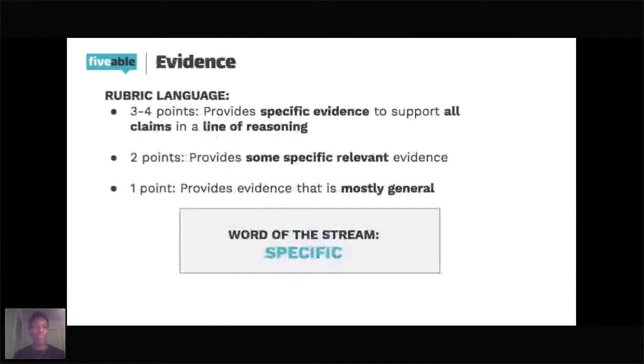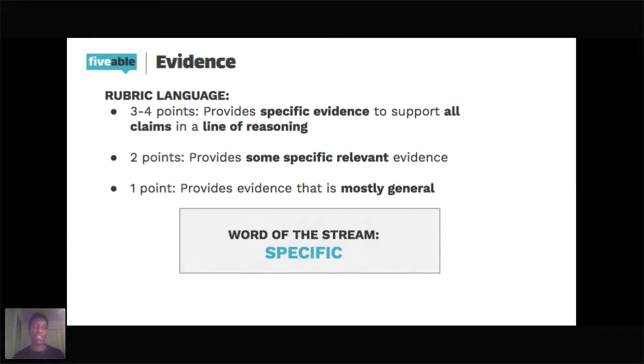So again, the rubric language, if you want to get 3 to 4 points in the evidence and commentary category, you're providing specific evidence to support all claims in a line of reasoning. And so if you caught my stream from a couple weeks ago with the prompt deconstruction, there was a big dark line of reasoning across some of the slides, because that line of reasoning is the thread that